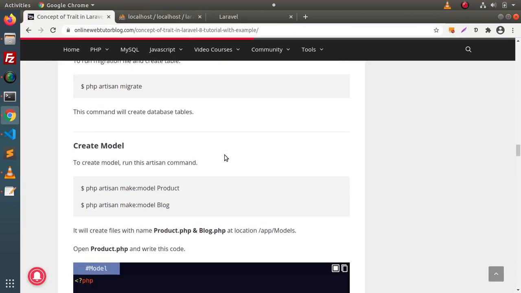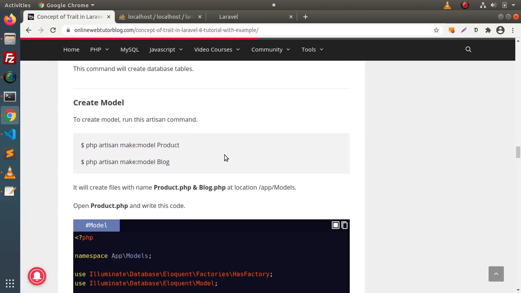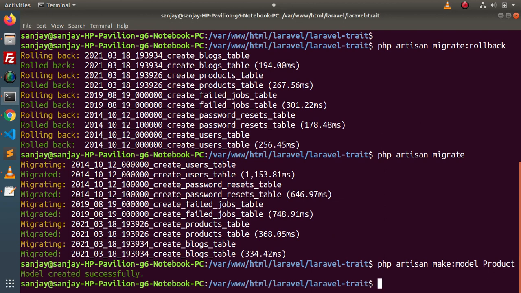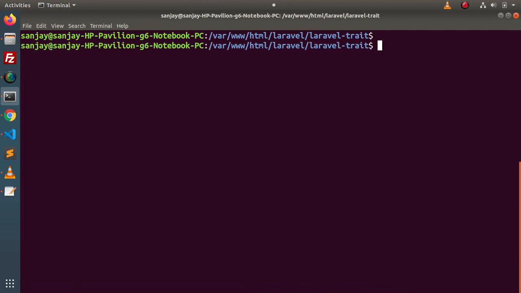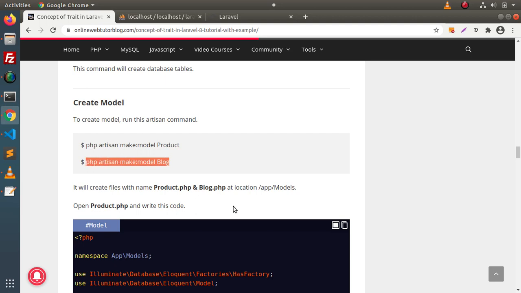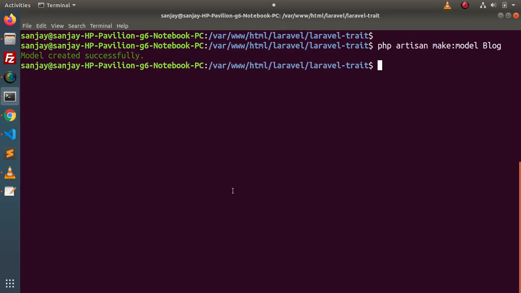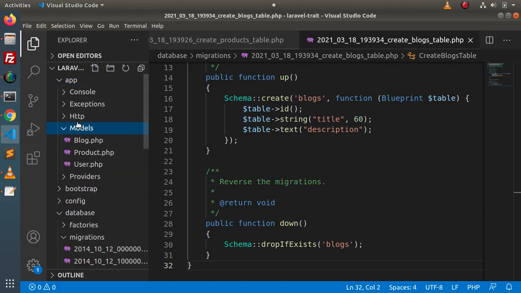So if I go back to the article, first of all, before creating factory files, we need models. Here is the product model, which will point towards the products table, and the second one is the blog model, which is for our blocks table. So if I copy this command, go back to the terminal and paste it here, the product model is created successfully. Now copy this second command, paste it here, and the blog model is created successfully. These two files we will find inside app, not HTTP, inside Models, and here we have blog.php and